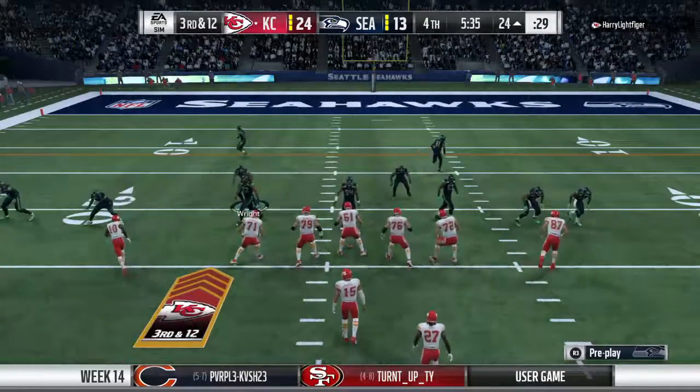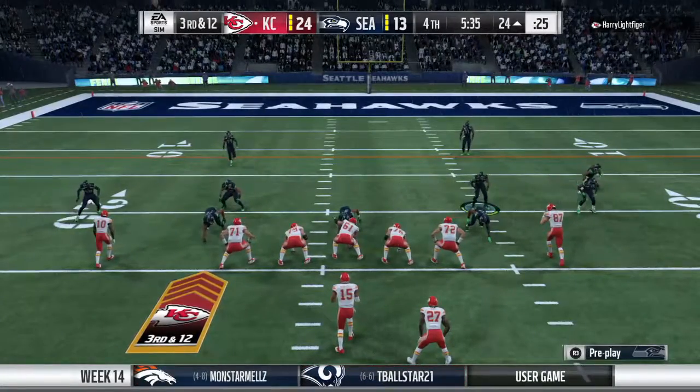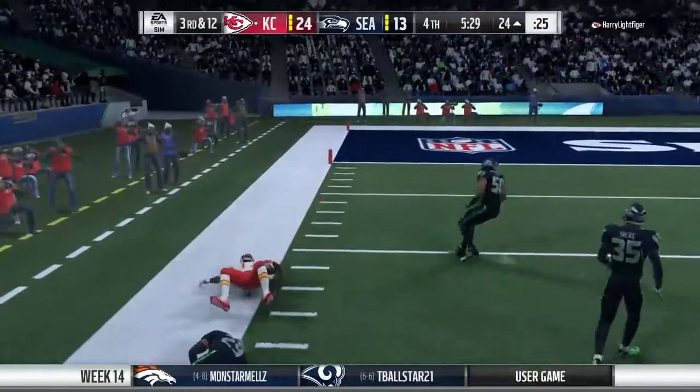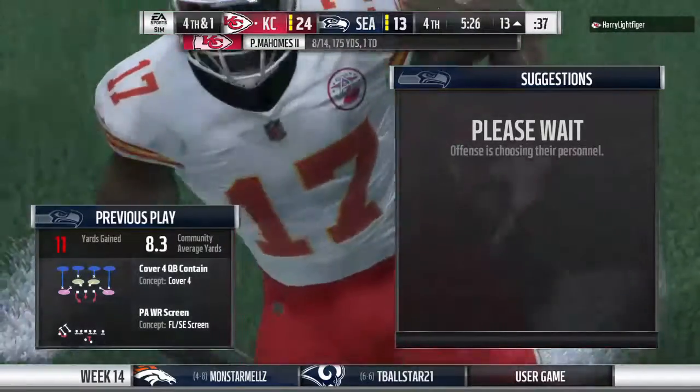The Chiefs on third down. They've converted 4 times out of 6. Not bad. This is third down and 12. Now Mahomes. He's got the hook up with Conley. And they'll bring him down at the 13-yard line. They'll get 11, but